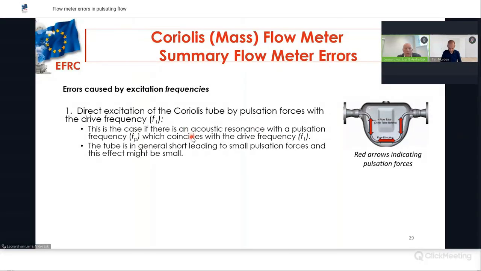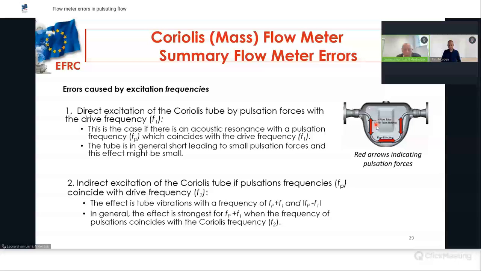This is the case if there is an acoustic resonance with a pulsation frequency Fp which coincides with the so-called drive frequency F1. However, the tube is in general small, the length of the tube, compared to the wavelengths, and